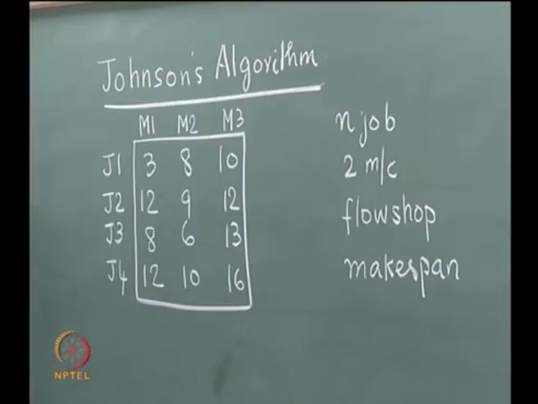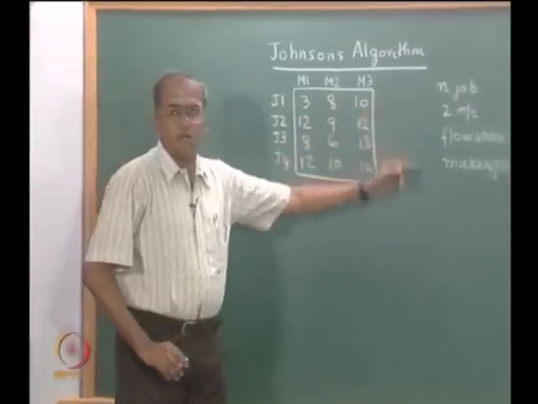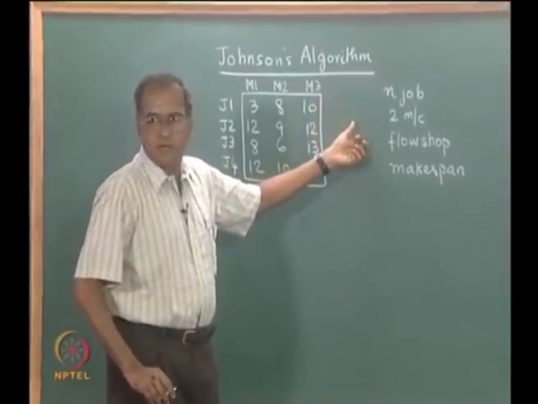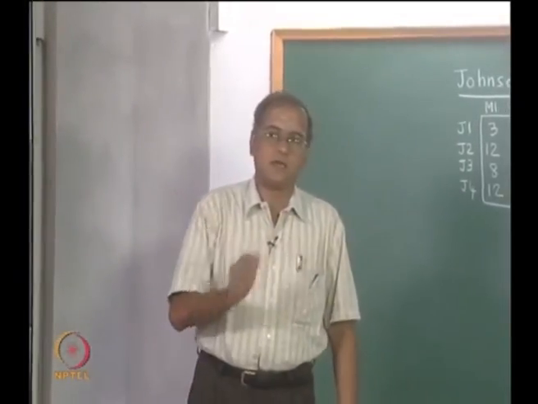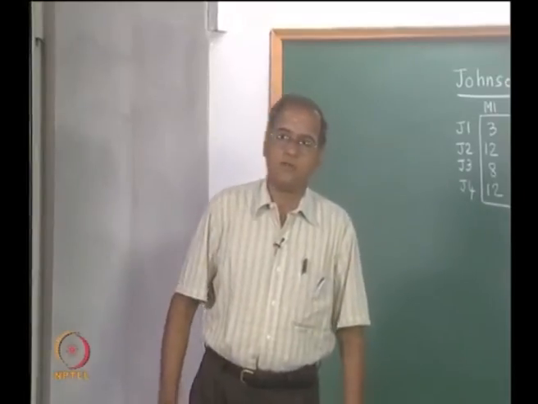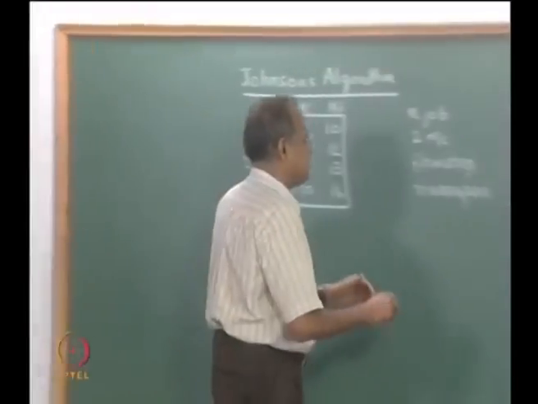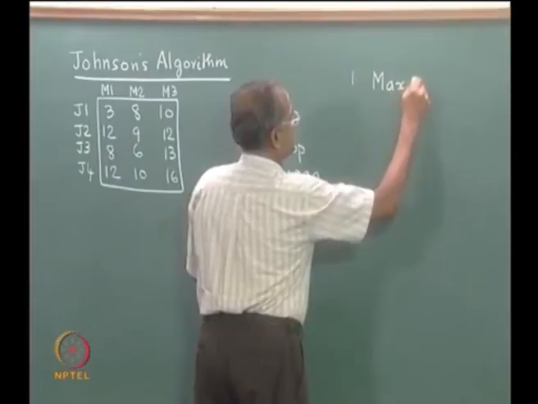Now the next obvious question is, can Johnson's algorithm work for a 3 machine problem? Other things being equal, n jobs, 3 machines, flow shop sequencing problem to minimize make span. Johnson actually proved that under certain conditions Johnson's algorithm can be extended to solve the 3 machine problem optimally. So Johnson gave 2 conditions, which are this: if maximum of the processing times